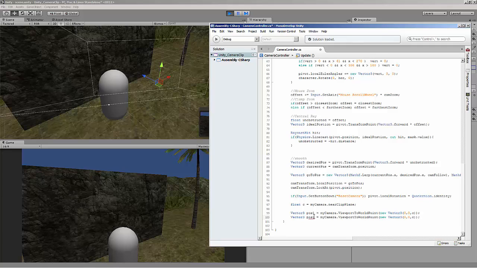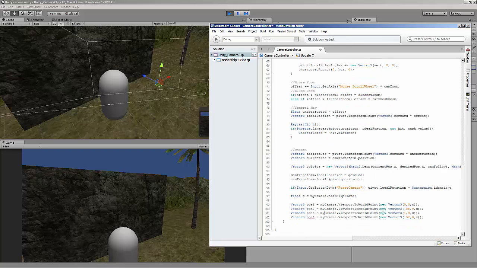Position 2 is going to be 0.5, 0. Position 3, 1, 0. Position 4 is going to be